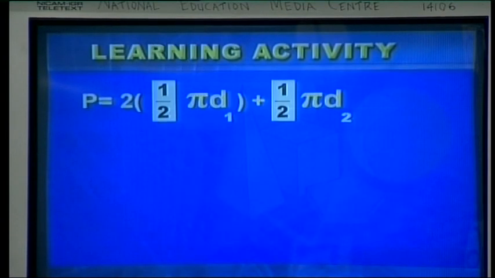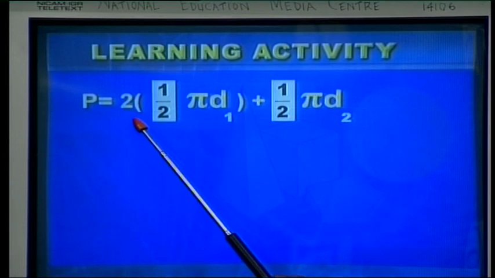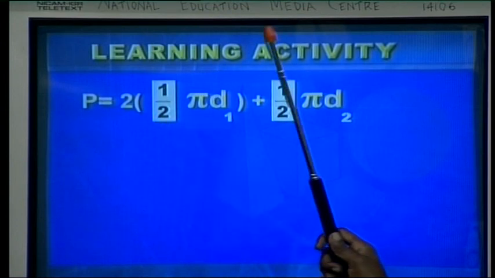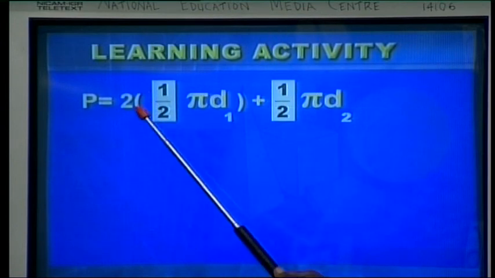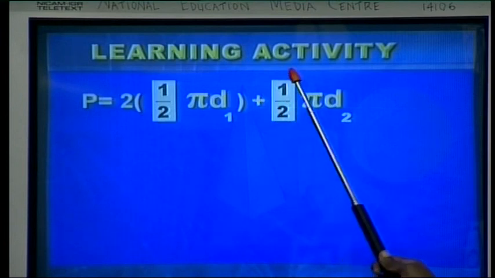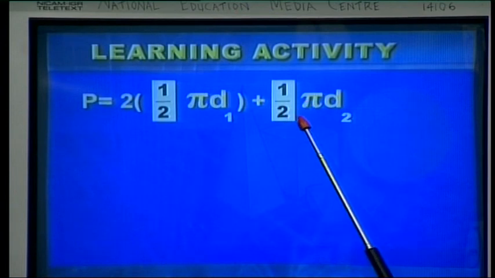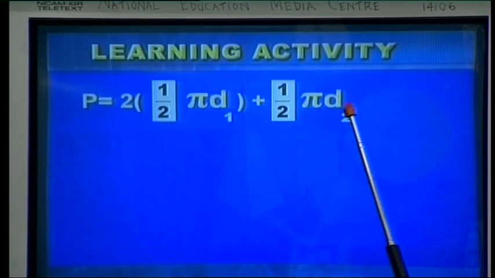So as you can see, half pi d1 represents the 2 semicircles that were sharing the diameter of 10 centimeter each. So I had my 2 outside plus, this is the formula for the third semicircle which had a diameter of,